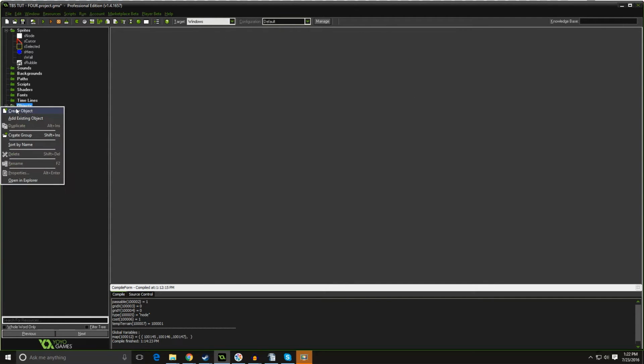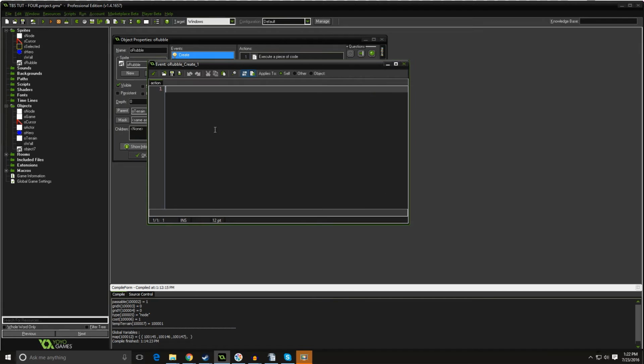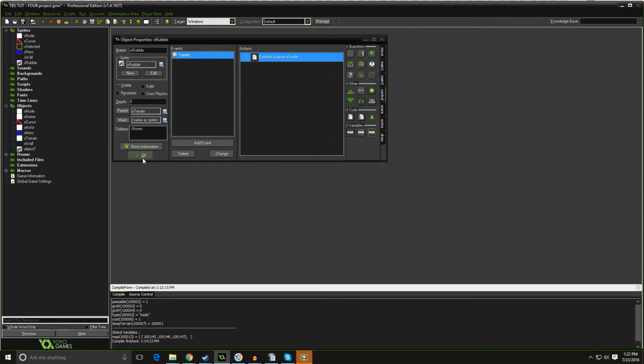And there, and we're going to make another one. Oh, rubble. I'm sure some of you guys saw that coming. Give it the appropriate sprite, give it the terrain as its parent, another create event, drag in another block of code, type equals rubble. Great. All done. That's all we need to do for these guys. We're going to do all sorts of other silly stuff with them later in other code, but for now,